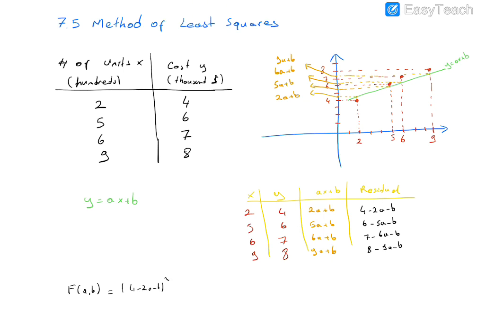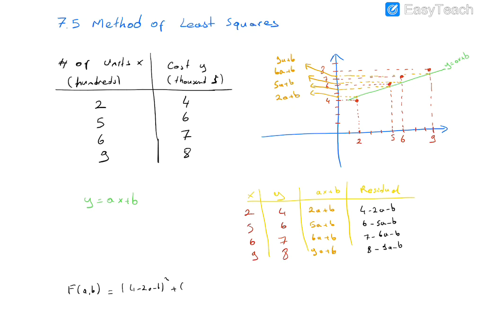Why do we take this square? For example, here this is negative, because 4 is less than 2a + b, but here, 8 minus 9a plus b, is positive. So this is negative, this is positive. If we take the square of all of them and minimize that function, we will find the best value. If you minimized the plain summation, since some are negative and some positive, it would cause a wrong calculation.